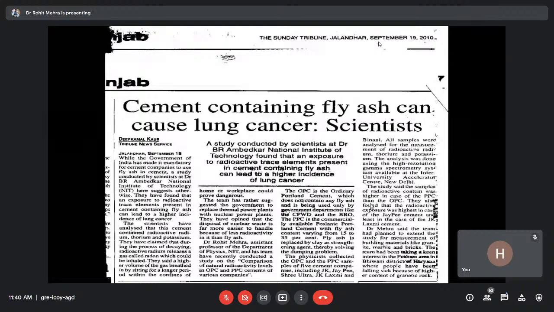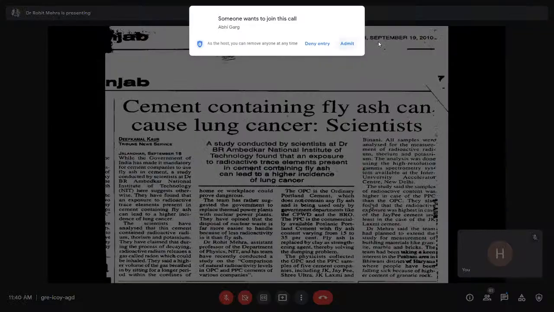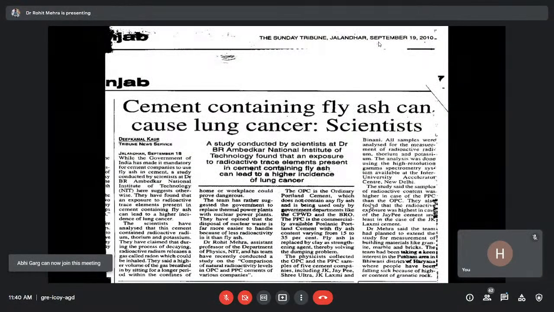And it is mandatory by the government that for the PPC, there should be a mixing of fly ash up to the level of even 35%. So, 65% cement and 35% fly ash. No doubt, as a civil engineer, I would say it has increased the binding capacity of the cement. We have done so many tests with our civil engineering department also. The binding capacity increases once we increase the concentration from 15 to say 45% of fly ash within the 100% of cement.